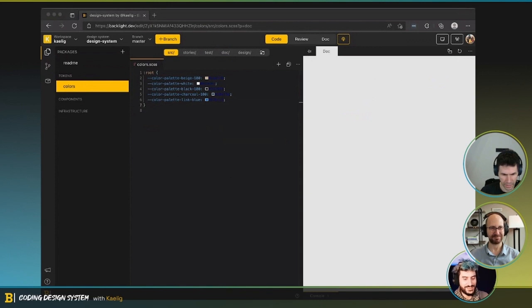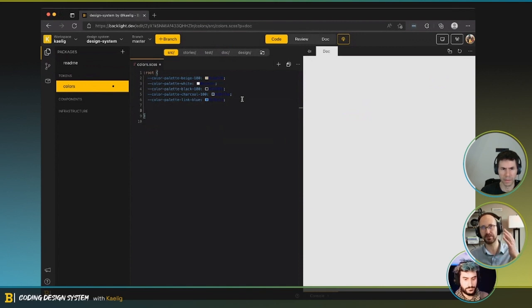So I'm picking up on CSS. There we go. And so what I would typically do, because I don't have a very semantic system at this point, is just use these colors and put them in the files for now.